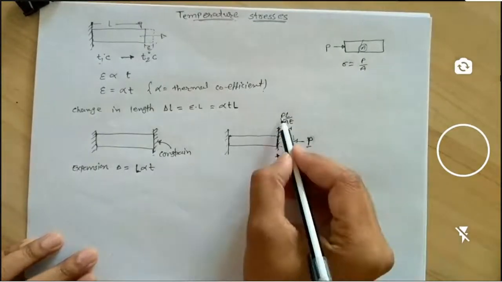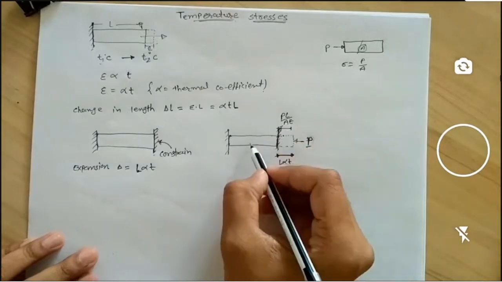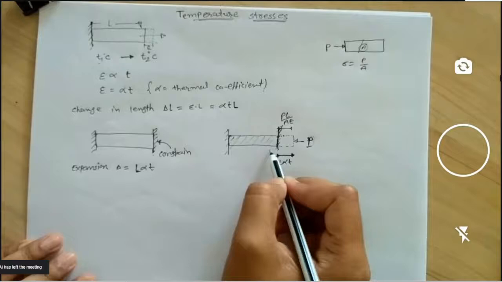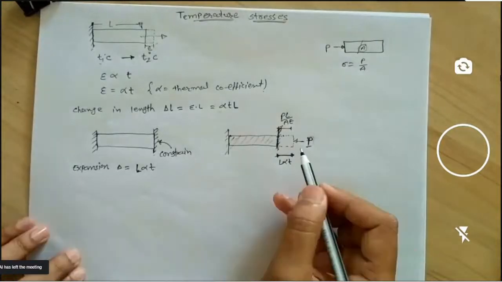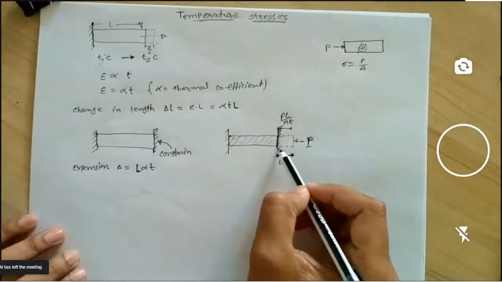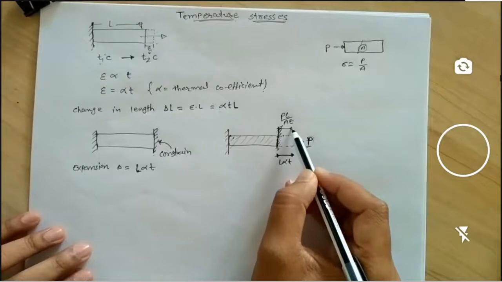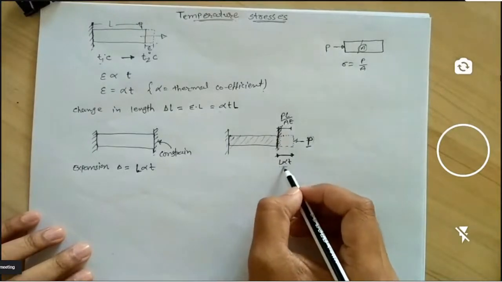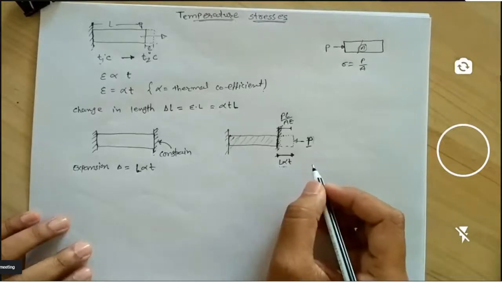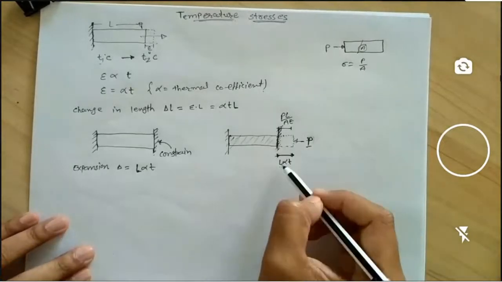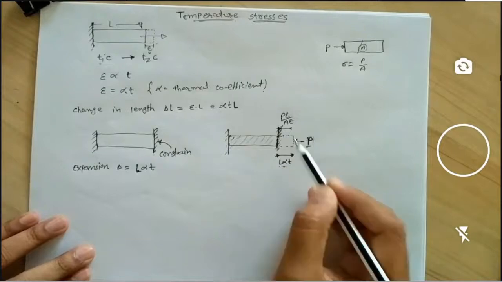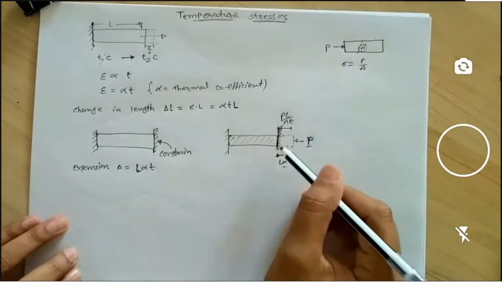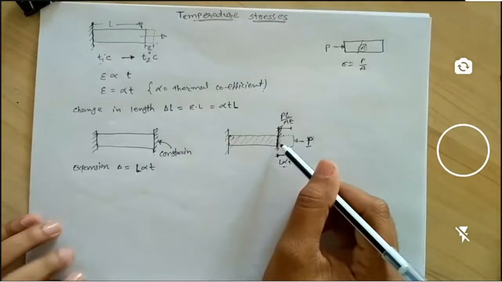And according to the P force, stress is generated within this element and is known as the temperature stress. Whatever the work done by the support, they have decreased their length according to this external force, whatever expansion is required due to the temperature change. So we have compared these two: change in length due to the temperature and change in length due to the external force or external reactions by the support.